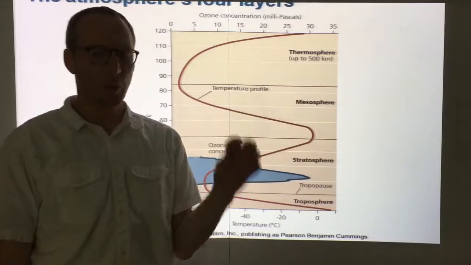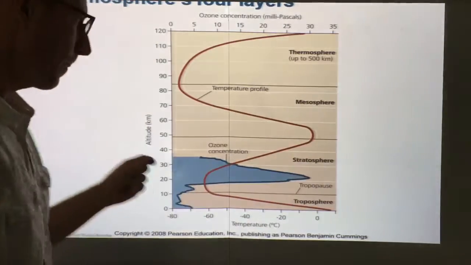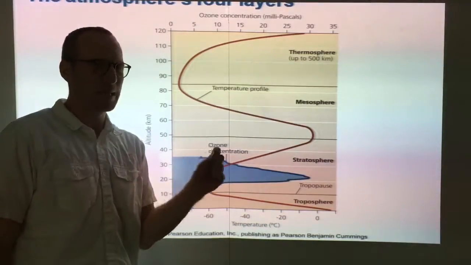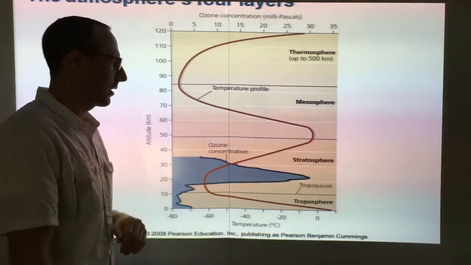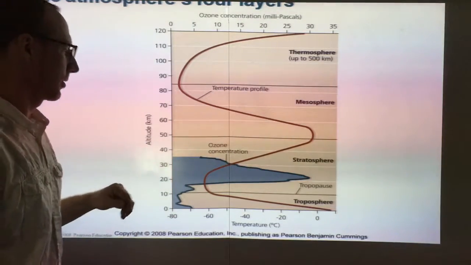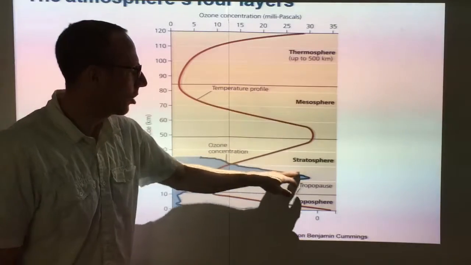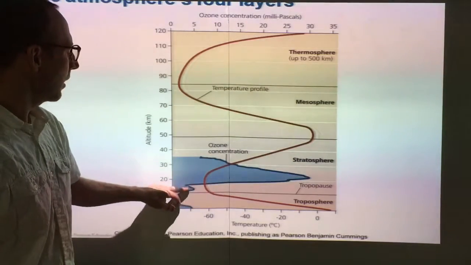Ozone concentration is very important because it helps absorb UV-B and C, which are cancer-causing UV radiation. Okay, so this is a large concentration of it, and then it kind of teeters off, and